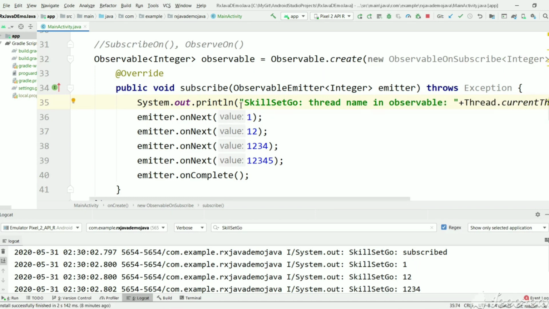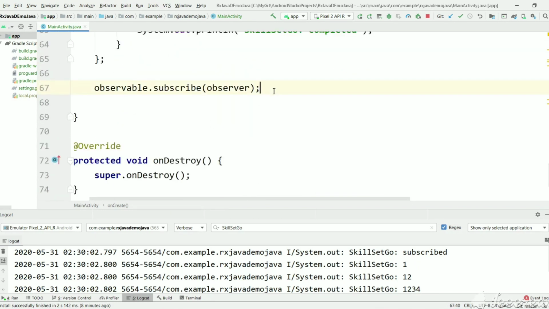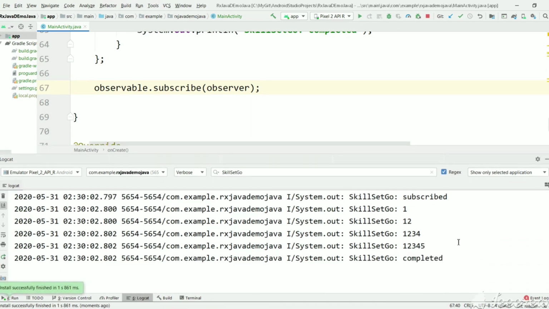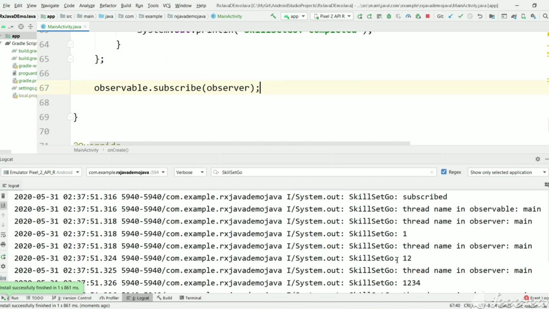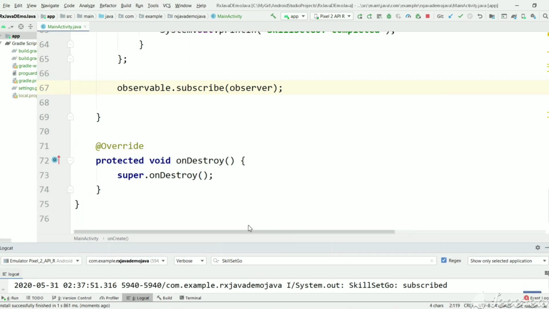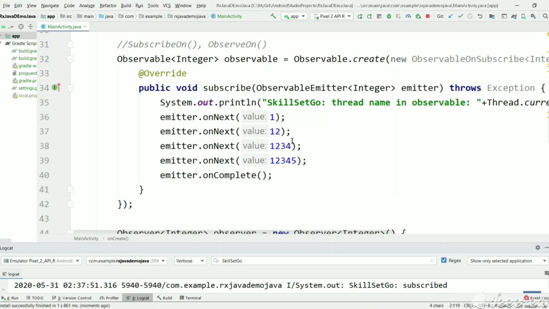So we have created an observable, we have created an observer, and we have subscribed it, but we are not using any schedulers now, either subscribeOn or observeOn. Let's see the thread names where both are running. Here you can see thread name in observable is main thread and thread name in observer is also main thread. So presently both observable and observer are running on the main thread.